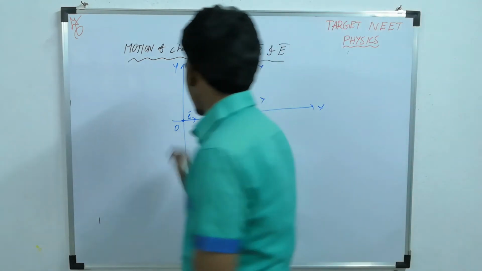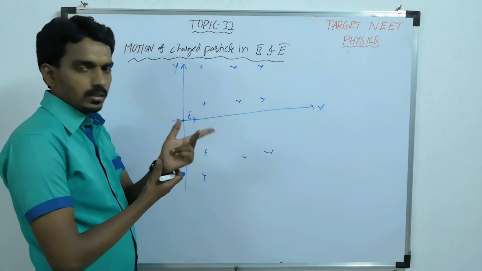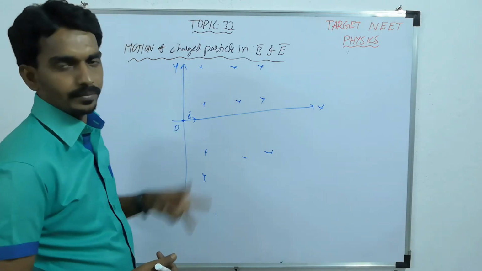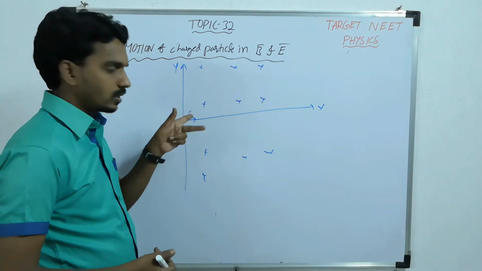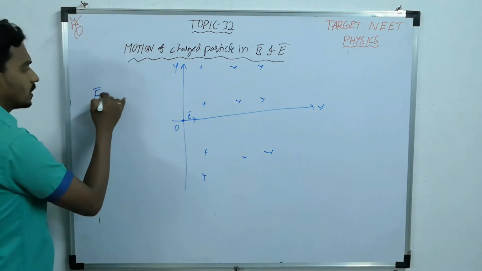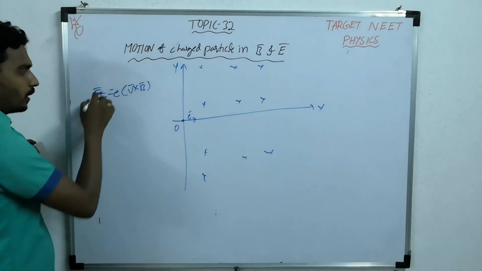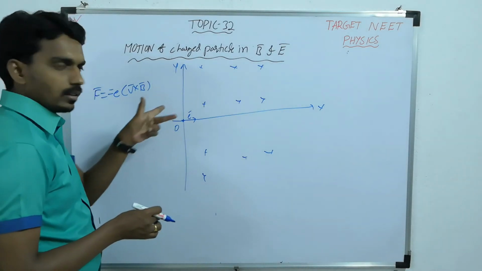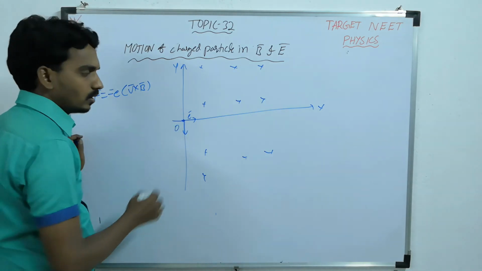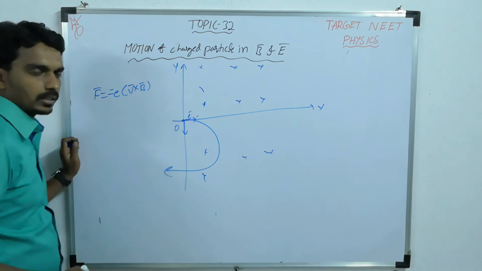See here. First of all, an electron enters. Using the left hand thumb rule, field inward, velocity this one, force upward. But that is for a positive charge, and this is a negative charge. So then F bar will become minus e V bar cross B bar. If it is plus, then upward. Minus means opposite direction. So the force will act down. So instead of deviating up, it will come down and come out like this.